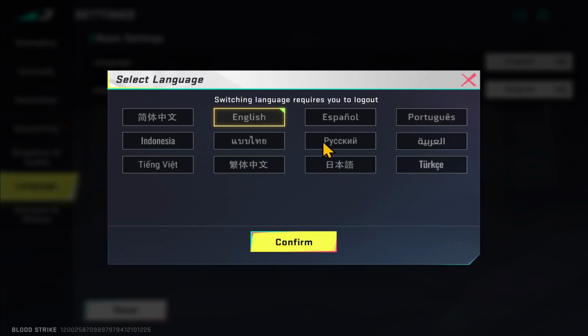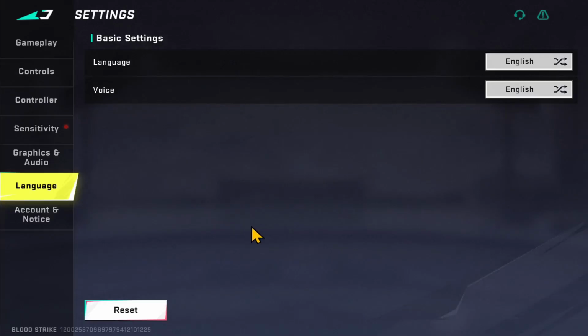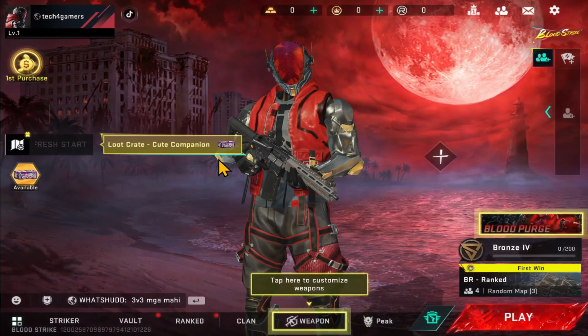Simply click on whichever language you wish to switch into and then tap on the confirm button to apply your changes. You will be warned that in order to switch language, you will need to log out. So in order to confirm this, you will need to tap on OK. After you tap on the OK button, the game will restart and it will now start appearing within your chosen